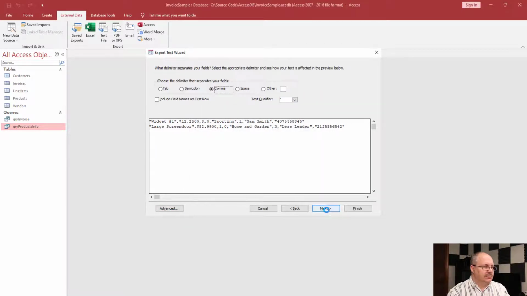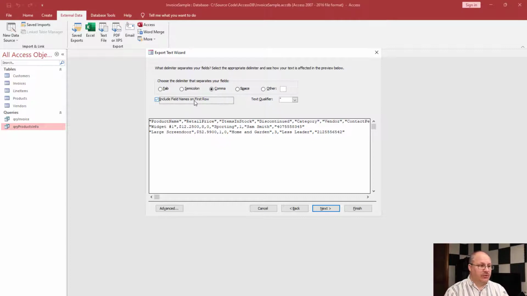Click Next. It's just going to verify my comma delimitation. It's going to ask if I want to include the names of my fields on the first row. You can see it's listed here. It's using a text qualifier of quotes. This is not required. I can choose none. And this is a pretty standard format to not have a text qualifier,